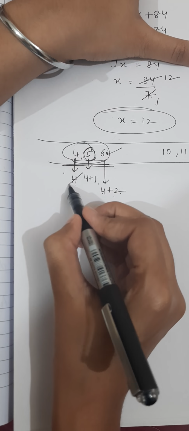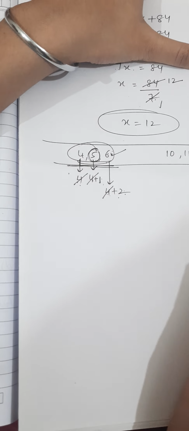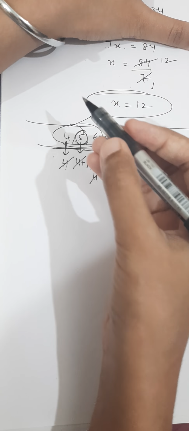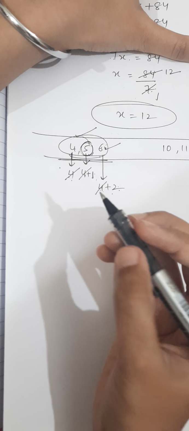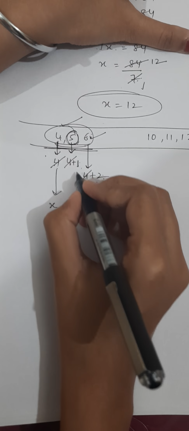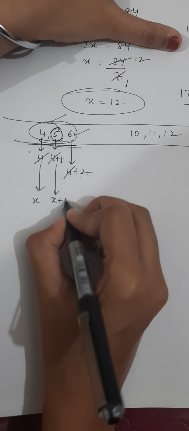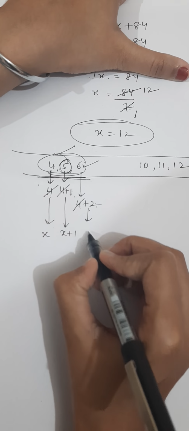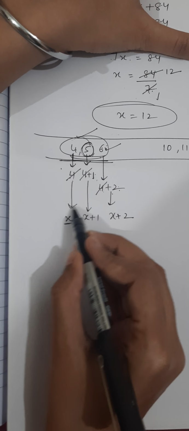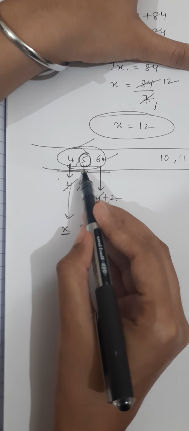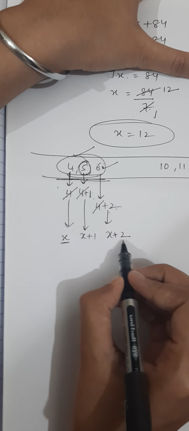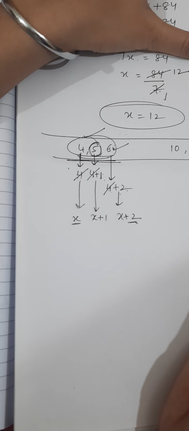Similarly, if I don't know the exact number, this 4, I don't know what the actual value is, right? This is assumed by us. This is an example which I'm giving you. If you don't know, then that is going to become x. The second number will become x plus 1 and the third number will become x plus 2. This means that in the first number, if I add 1, I get the second number. If I add 2, I get the third number.